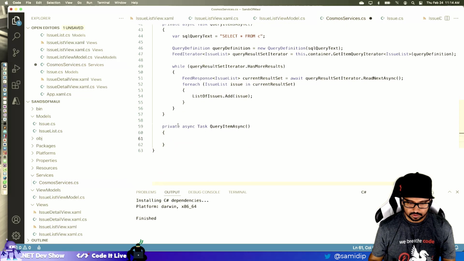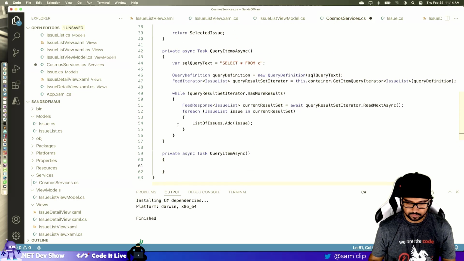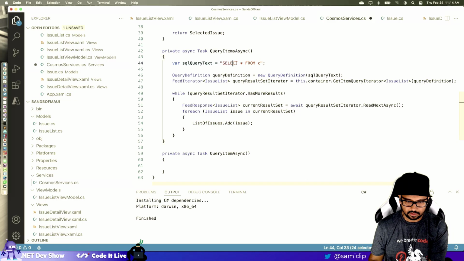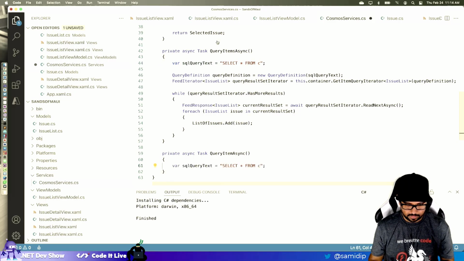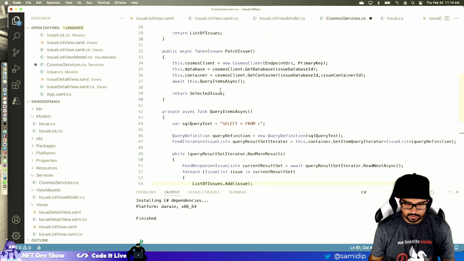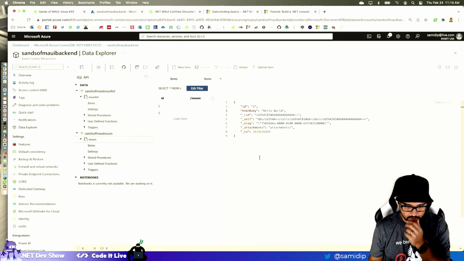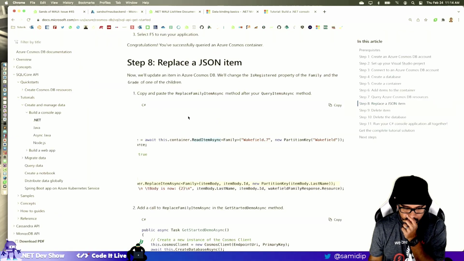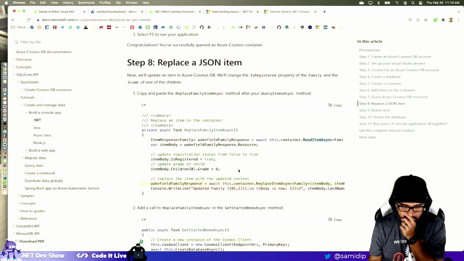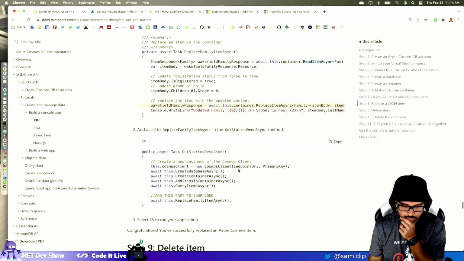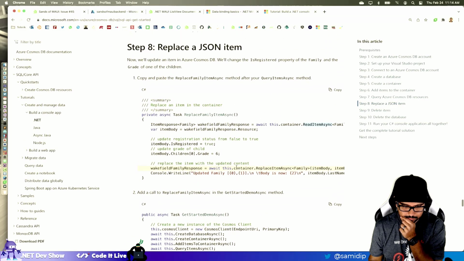Okay, so in here I still need this. And this one, instead of items, we can just call the query item, right? Right, and then, okay, let's look up documentation. I thought I could just do a SQL-like thing.